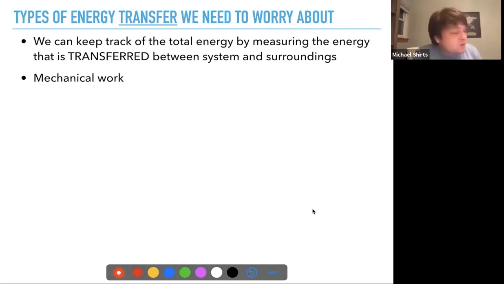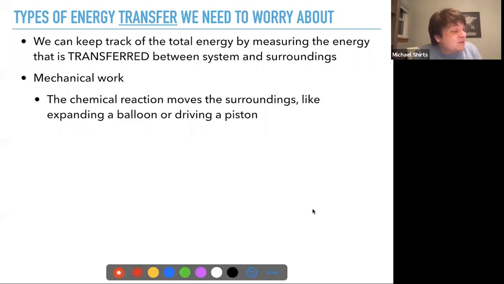So mechanical work is one common way. A chemical reaction moves the surroundings, like expanding a balloon or driving a piston. And then some really cool stuff. I'll link to it on the page about the history of James Joule, for whom the joule is named, who did some very fun work with paddles turning water and heat giving off there and making very careful measurements and showing that the energy of the mechanical work was turned into thermal energy. It's interesting, he actually started as a brewer and started doing science just trying to understand the family brewery and how to improve it. So I'll send some links to that history.